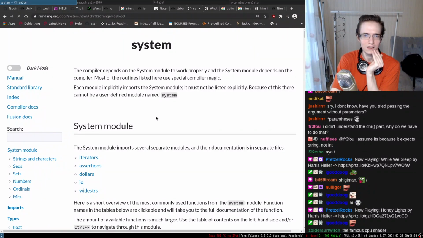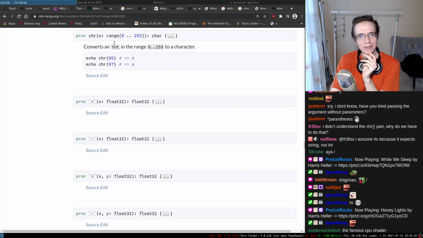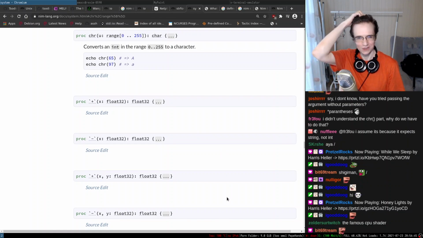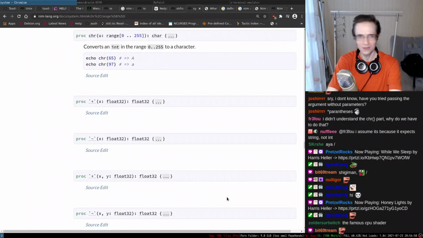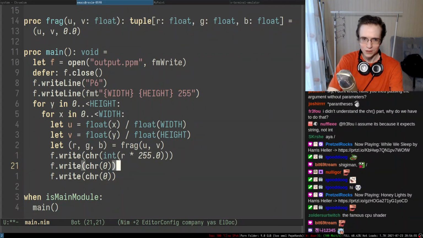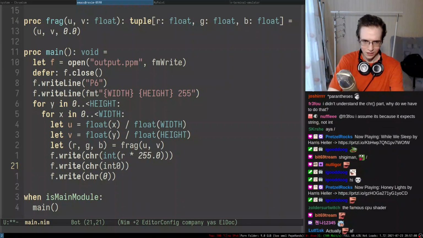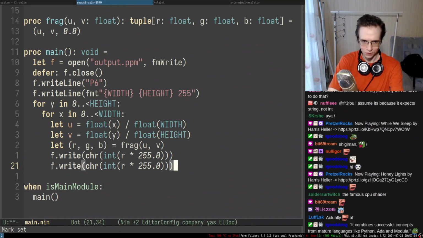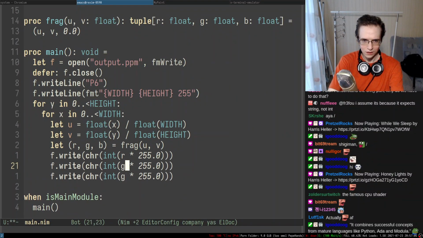This reminds me of Ada. Wait, that's cool. It doesn't accept any particular value. It accepts a range from 0 to 255. It's almost like Ada. In Ada you can define these integer types that are ranges, and depending on the architecture it's going to be represented differently. This is actually pretty cool, but I think I'm going to just do integer, hoping that this is going to work. And I'll have to do that for each individual component actually. So G and this one.